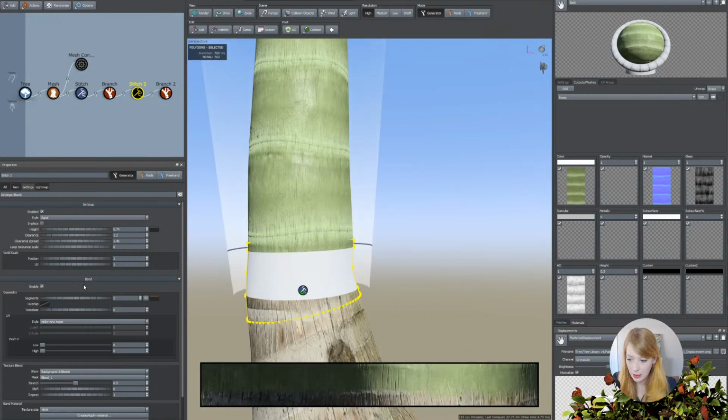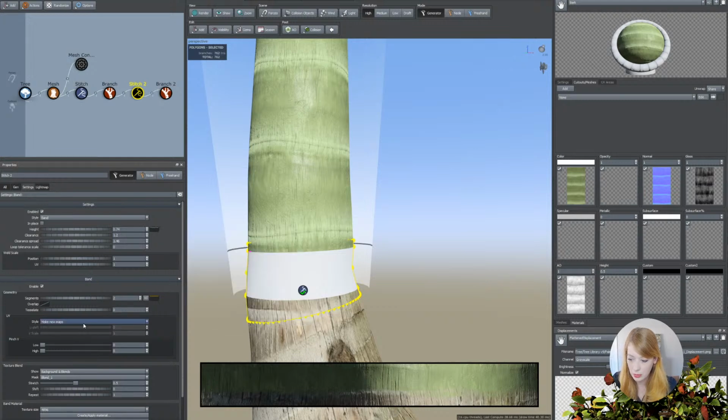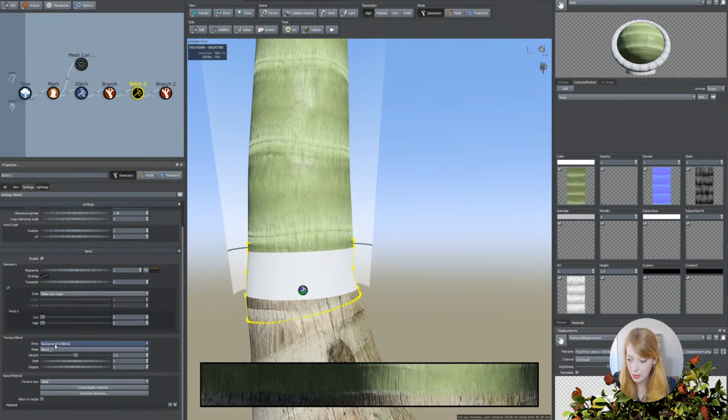We are going to take our height and actually just do a little scribble on here. And this is going to change the lip. Instead of being straight across, it'll have some little jagged areas in there. Might be kind of hard to see, but it's actually changing that line there. We're also going to come down here to this texture blend. There's some stuff showing that you won't have later, but